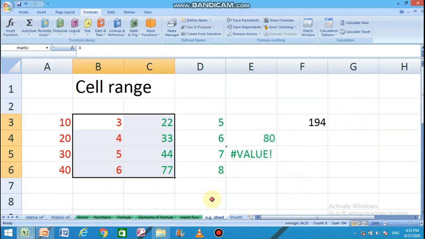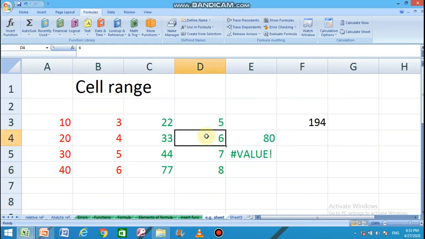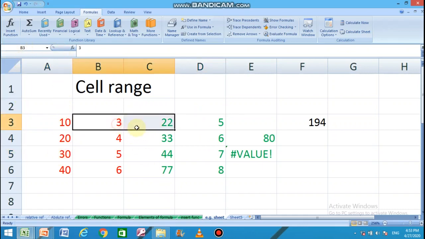Okay. Now you can see whenever I select any particular cell, that particular cell address is displayed here, D3, A5. In the same way, when I select this range, it is displayed as marks here. Why? Because I saved this range with the name marks.